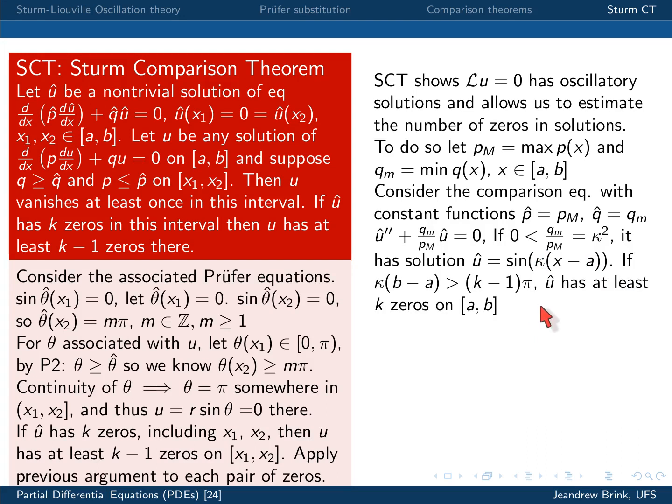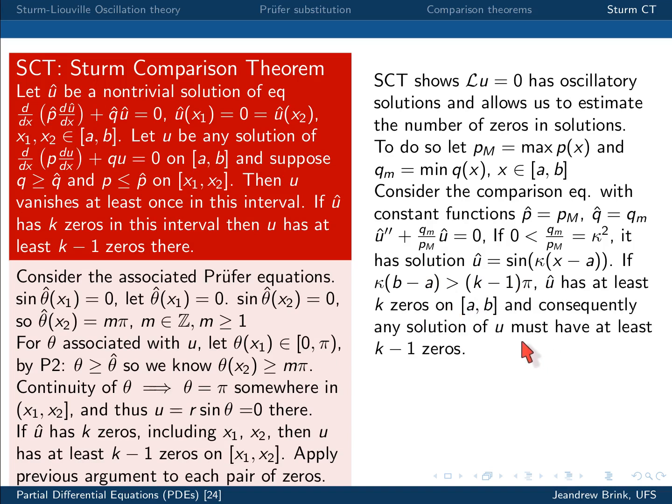So now if we want to construct a solution with k zeros in the domain AB, this is only possible if you can fit in k wavelengths for this particular sinusoid, and that occurs if we have kappa times b minus a greater than k minus 1 times pi. If that holds true, then U hat has at least k zeros on AB. So we have full control of our U hat, and we understand its zeros, and as a consequence, we can say the solutions of U must at least have k minus 1 zeros. It's a very clever argument by which we've bounded the number of